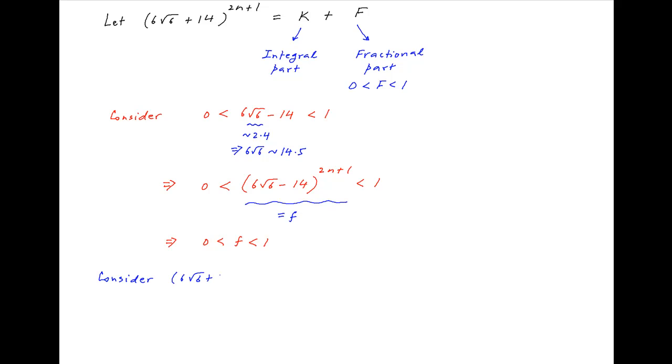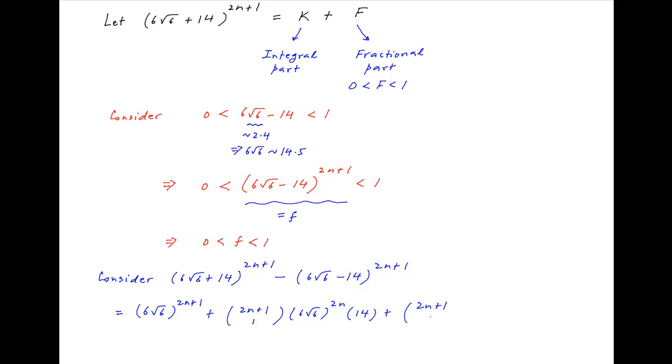Next, consider the difference of two numbers (6√6 + 14)^(2n+1) and (6√6 − 14)^(2n+1). Using the binomial theorem, this can be written as (6√6)^(2n+1) + (2n+1 choose 1)(6√6)^(2n)·14 + (2n+1 choose 2)(6√6)^(2n−1)·14² plus and so on,